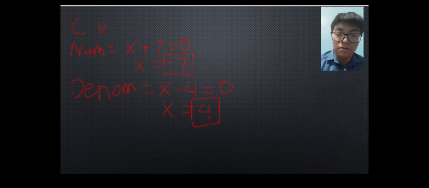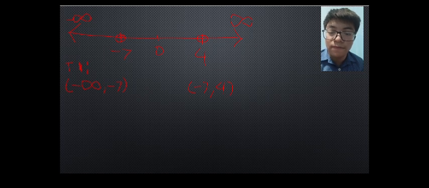Both are excluded because the inequality is strict, the less than sign or greater than sign. So our test intervals: negative infinity to negative 7, and then negative 7 to positive 4, and then positive 4